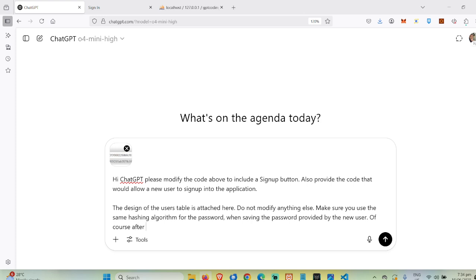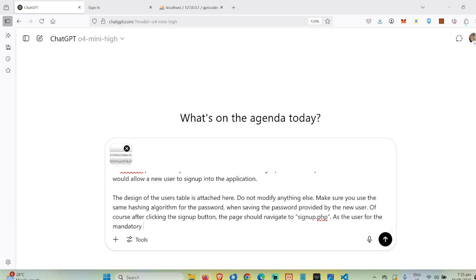Of course, after clicking the sign up button, the page should navigate to signup.php, ask the user for mandatory data based on the users table design.